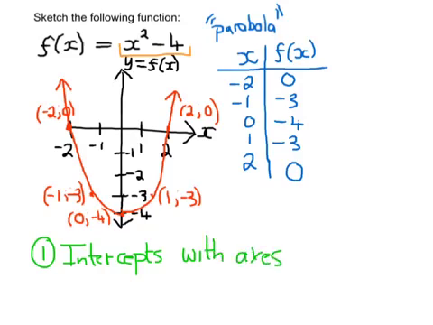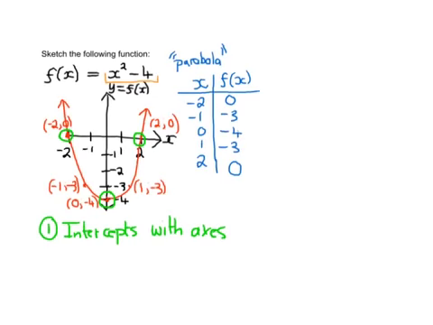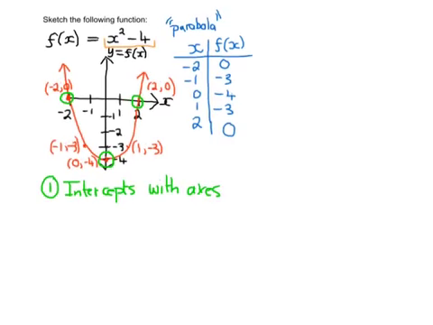And here we have already done that with the coordinates that we've plotted. So that's one there, that's one there, and 2, 0. Those are 3 intercepts with axes. So that's the first thing that we need to do. The next one that we need to do or demonstrate is we need to show the